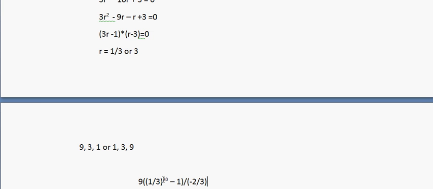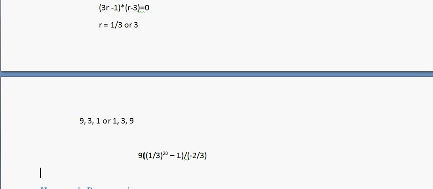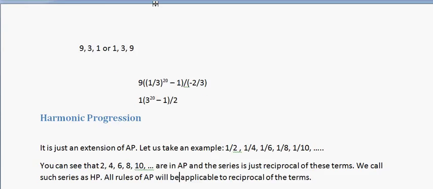because it's very difficult to find something raised to power 20, right? The other answer would be, the first term is 1 multiplied by 3 raised to power 20 minus 1, divided by 2, right? 3 minus 1 is 2. So the answer would be 3 raised to power 20 minus 1 by 2, right? So these are the two answers from this question, right? We would do many questions on GP in our exercise sheet.